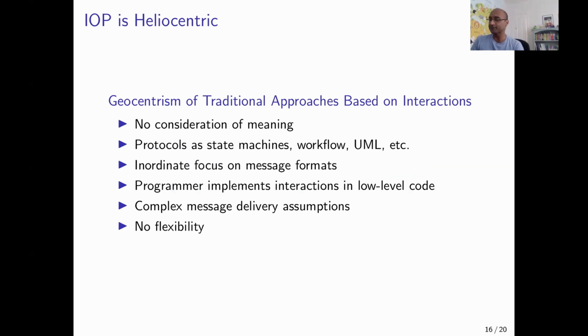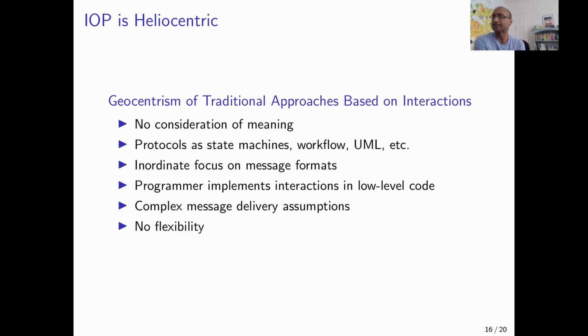So IOP is very different from traditional ways of thinking about interactions, modeling, and implementing them. So I think of IOP as heliocentric, whereas the traditional approaches are geocentric. They have no consideration of meaning. Protocols are encoded as inflexible state machines or workflows, or mostly informally via UML interaction diagrams. In many industry settings where they try to standardize protocols, there'll be UML interaction diagrams or workflow-like notations like the one I showed earlier, that'll describe